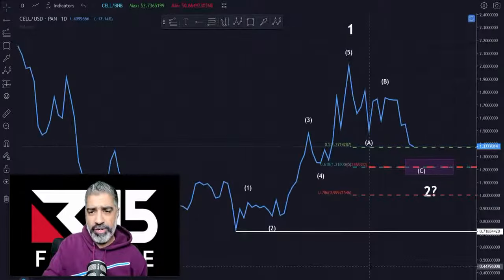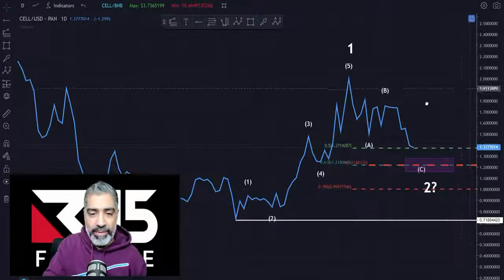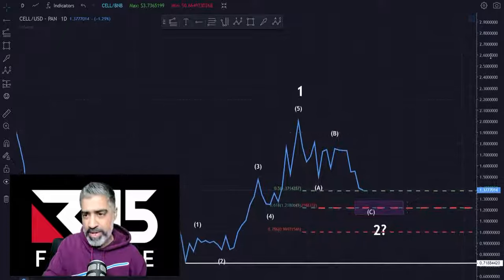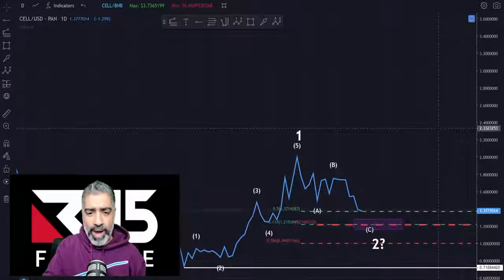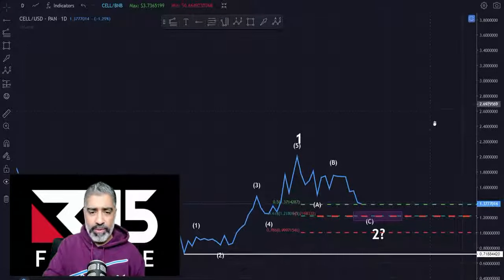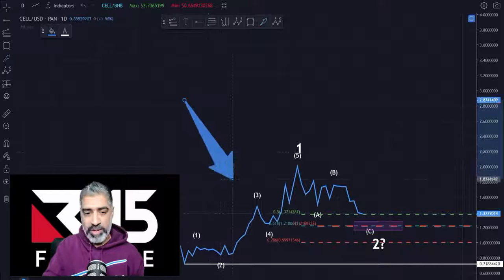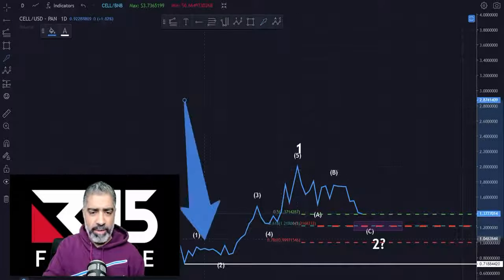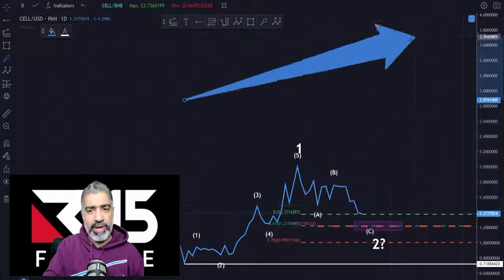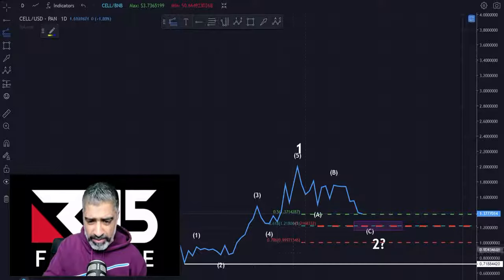And then lastly, what we're going to finish on is, okay, if being the operative word, because it's never guaranteed, we cannot do certainties in this game, it's only probabilities, if the wave 3 takes off, where is the typical price zone? Well, wave 3s are typically a 1.618 ratio, which is the Fibonacci golden mean. The golden ratio of this wave. So we're going to measure this wave, project it from here, and we're going to get 2 lines up here, right? And these are the typical ratios. So I covered this in the masterclass. I actually focused a lot on the wave 3 because one of the key